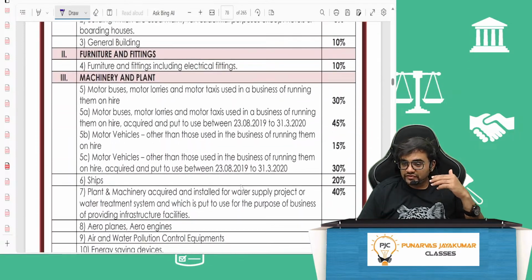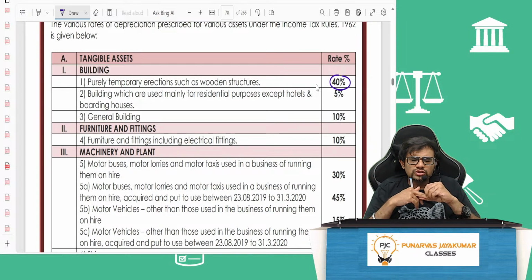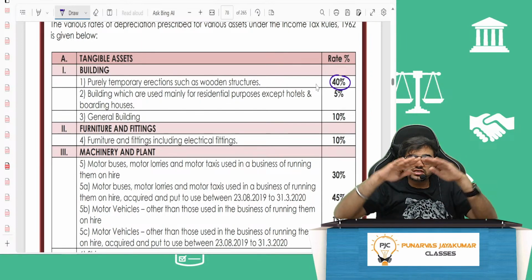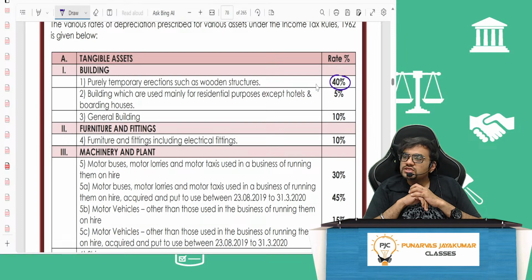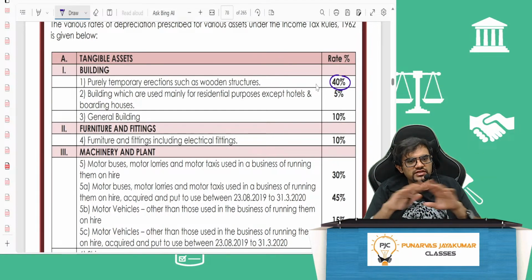So, even if I have to further break down, temporary structure building 40%. If I am constructing something, Shobha Developers is constructing many things, and they now have some 10 small houses with just a tarpaulin for their workers to stay. They have spent 5 lakh rupees on constructing those tarpaulin houses, with toilets and everything put together. Now, for everything, can they claim depreciation? Yes. How much can they claim? 40%. Why? Because it's a temporary structure.